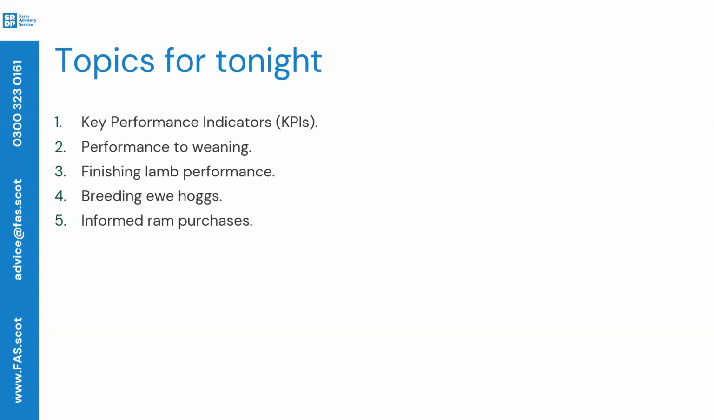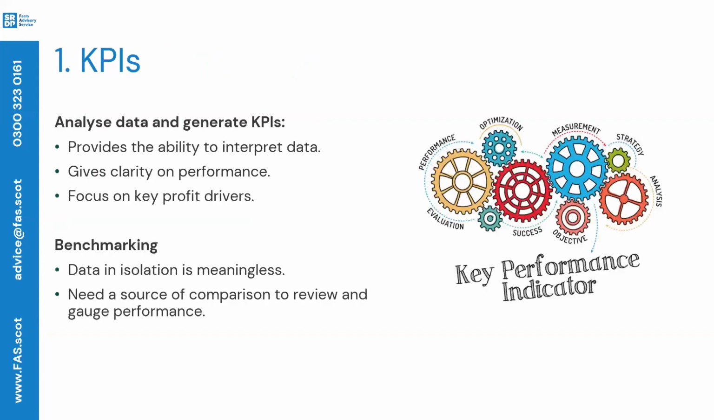We'll move on to KPIs now. Just to give a bit more structure to the night, we'll look at KPIs first, then 8-week weaning weight performance. We'll then look at lamb finishing, breeding new hogs, and a bit about the ram compare project at the end. In KPIs, I think they're something that every farm should do, but